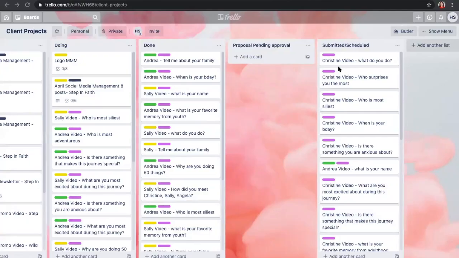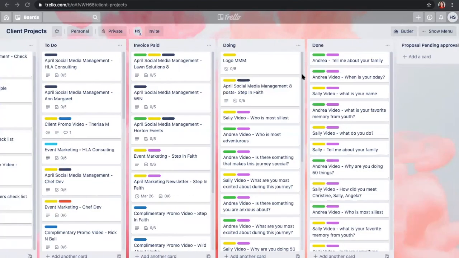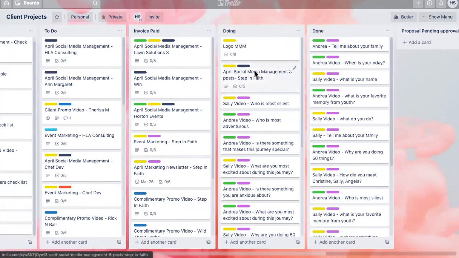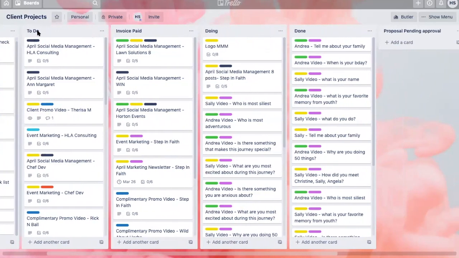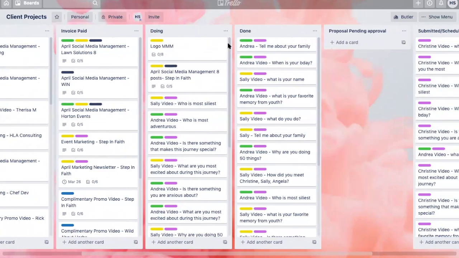In this video, I'm going to show you how to organize your Trello board. Once you have established your lists, the columns that you see, you'll be able to decide how to organize your list. So the first list I have is samples, and then to do, and then invoices paid, which is where I want to work. Then I move to done,